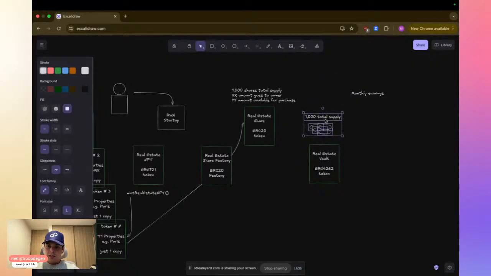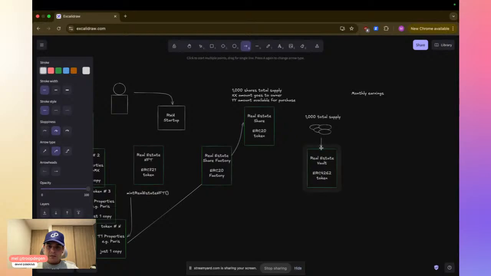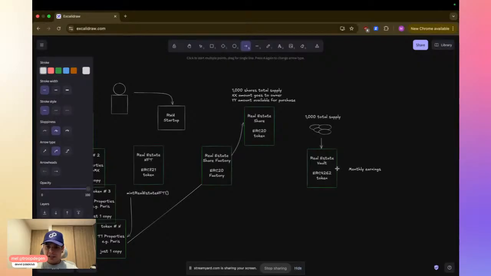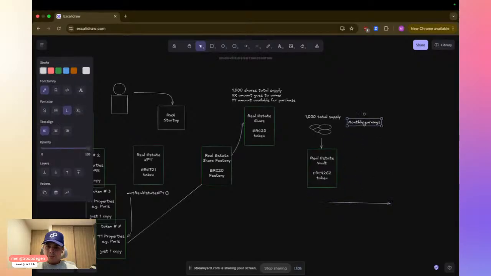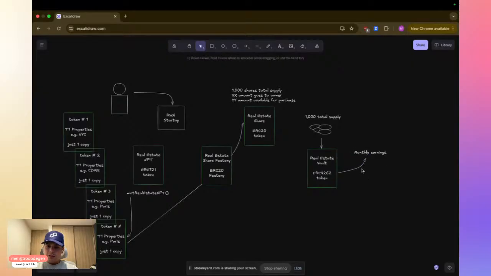So this is the total supply that can get deposited here, right? And each month we're going to have monthly earnings. Let's say that you rent it out, and this can get redistributed back to our users, of course.